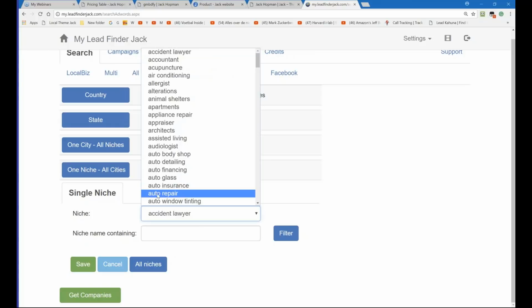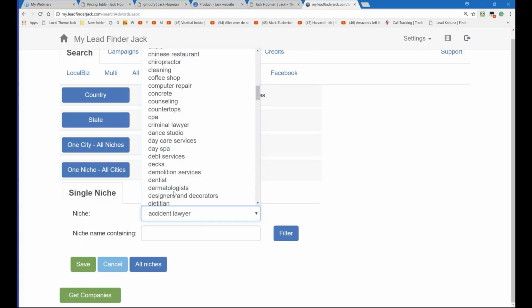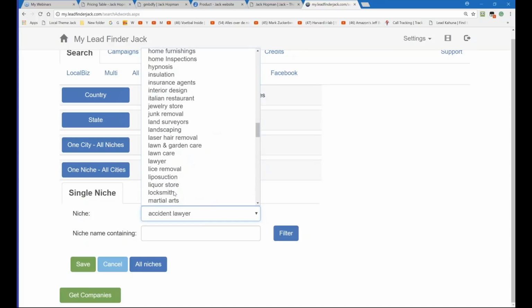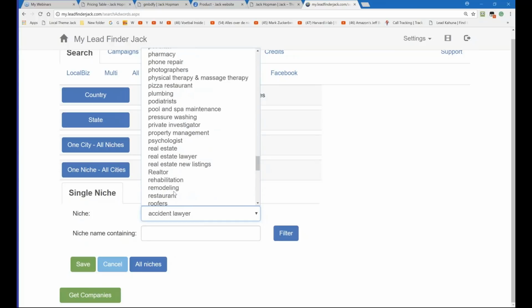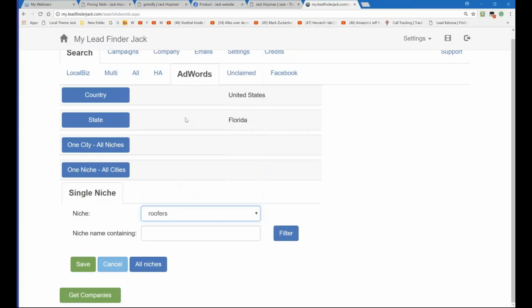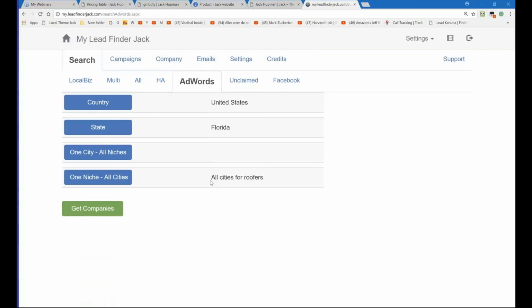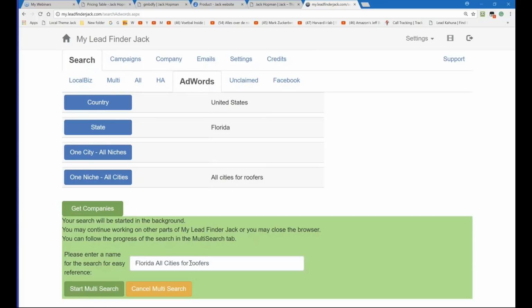I love auto repair. You guys know this? Roofer. Do we have roofer? Roofers. Yes. Save. Okay, all cities for roofers. Don't get companies. And all cities for roofer. And now it starts. Now it goes to the multi.